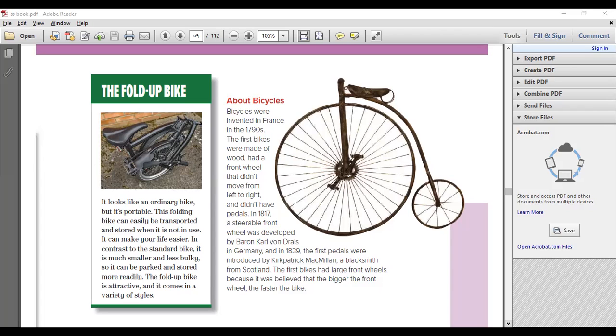Yes, it's healthy. They say it's more healthy, but also let's imagine that someone cannot afford to buy a car. This is very useful for them. If they don't want to have a car, they just want to have bikes, this is very useful for them. But if you have a car, you don't have to buy this particular bike because it's more expensive, but you can buy a regular one without folding up. It doesn't have this feature.